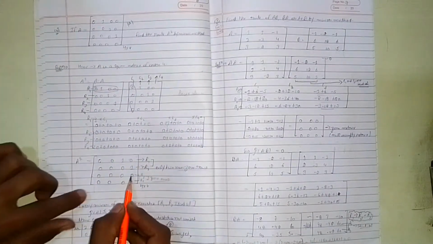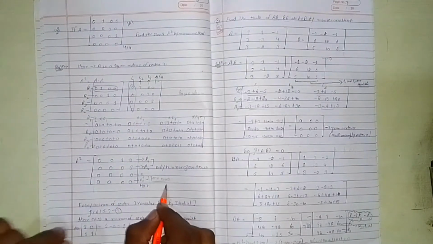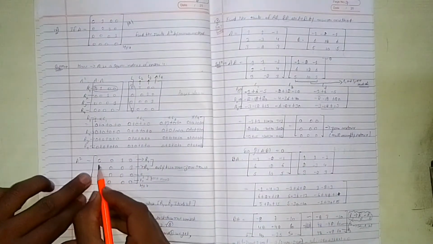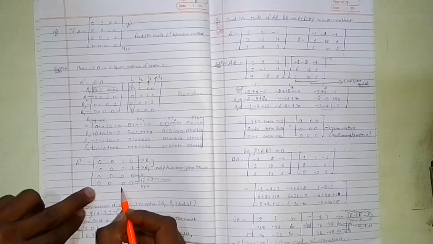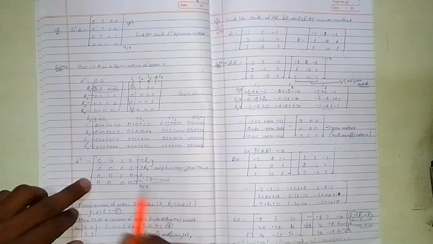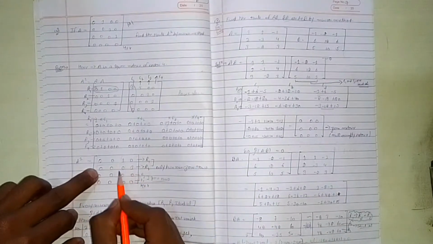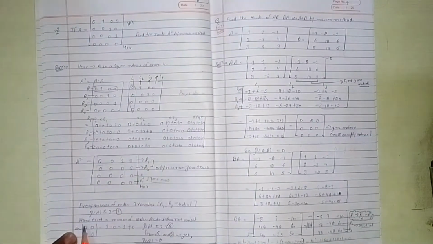If I see here, these two rows are identical. The zero rows are also identical. So my order 4 minor vanishes. Also if I make an order 3 minor, it also vanishes because 3 rows are identical. So order 3 vanishes, order 2 vanishes, only this is left. I am choosing this one because I have to choose a non-zero answer. 1 into 1, that is 1, minus 0, that is 1.